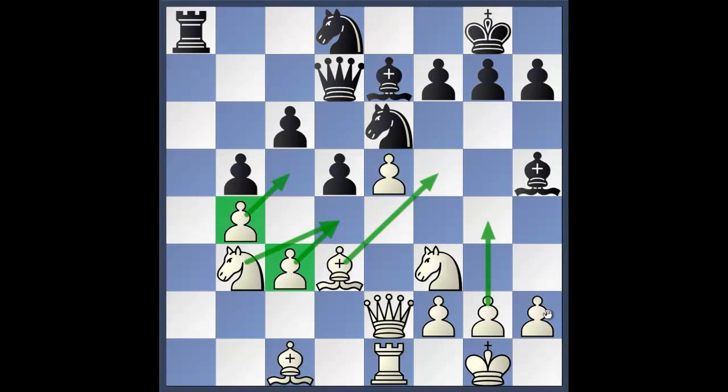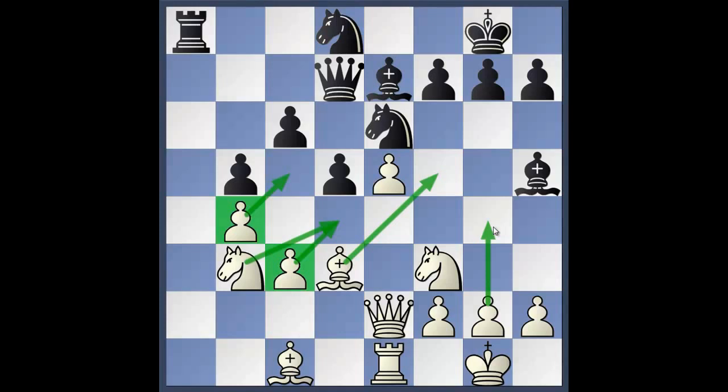Actually, bishop to f5 and g4 first, and we keep the tension in the position, and slowly we improve our pieces. We play g4, h4, h5, f4, f5. White has a great position here. So going back,